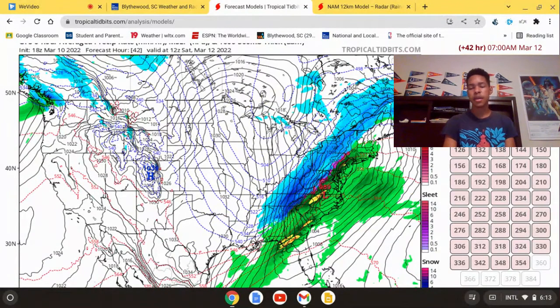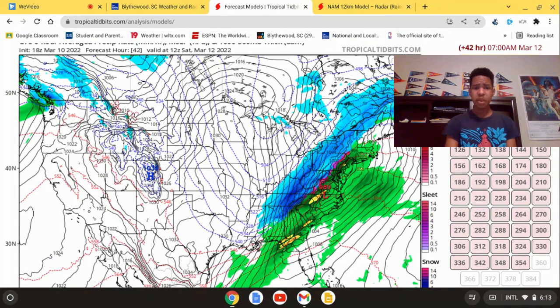I know we had our little snow spot back in January, which we will remember. That'll be going down in history as some much needed snow for my area in South Carolina. But, you know, snow came and it went. And I'm not mad that we're not getting snow this time. But we're getting rain and some storms, especially as we move into Saturday.